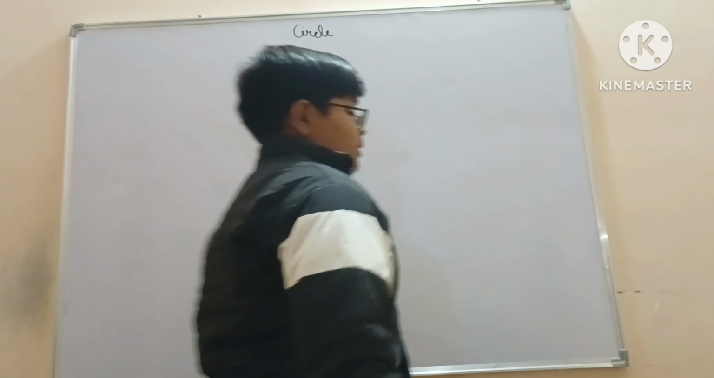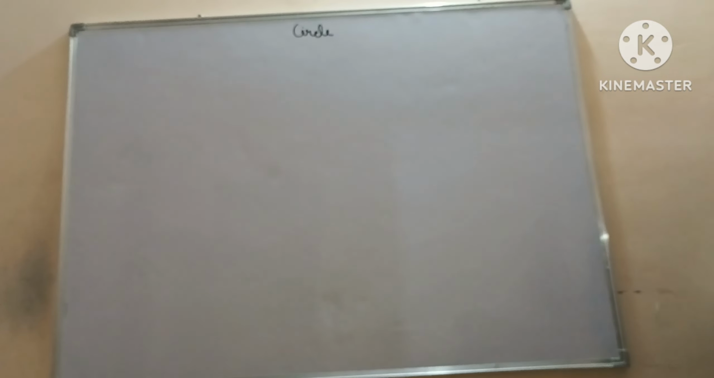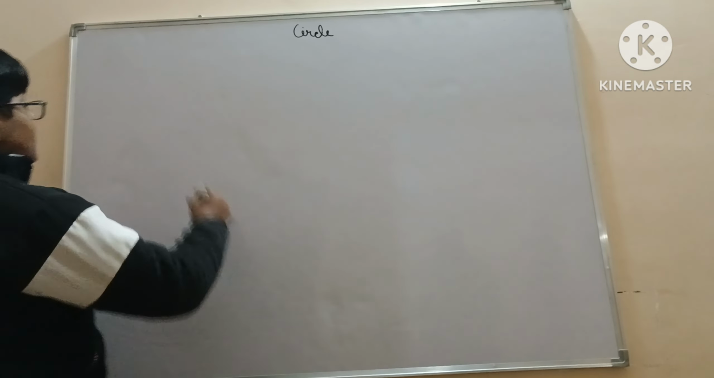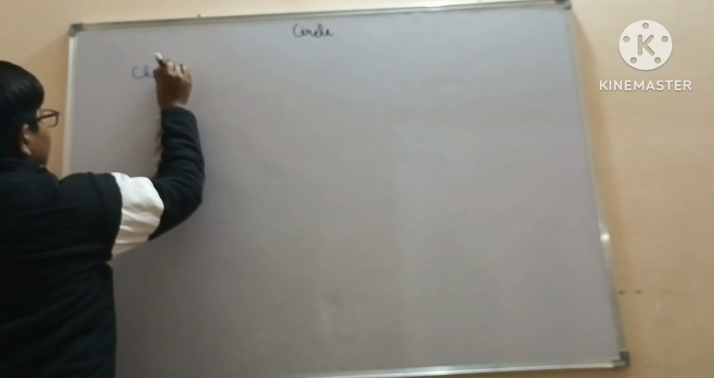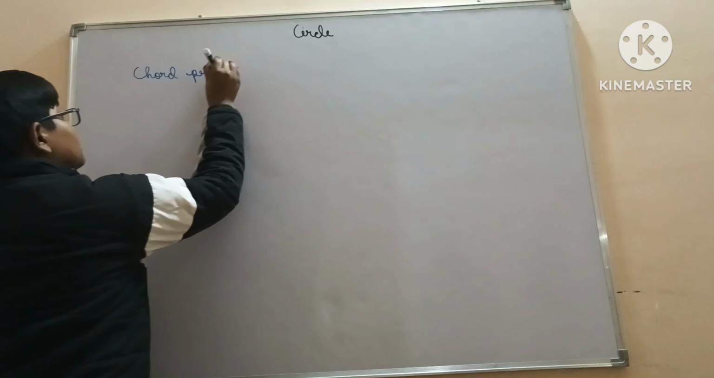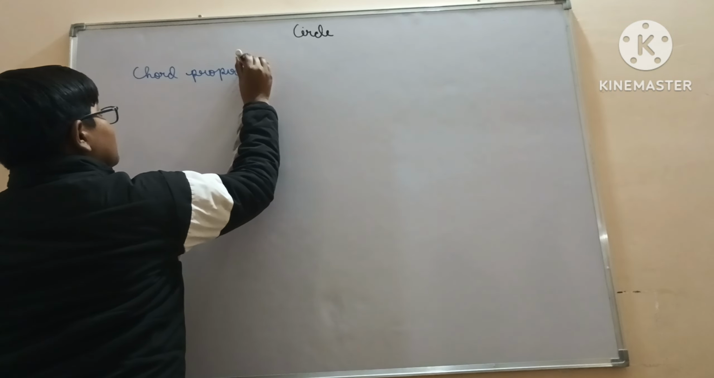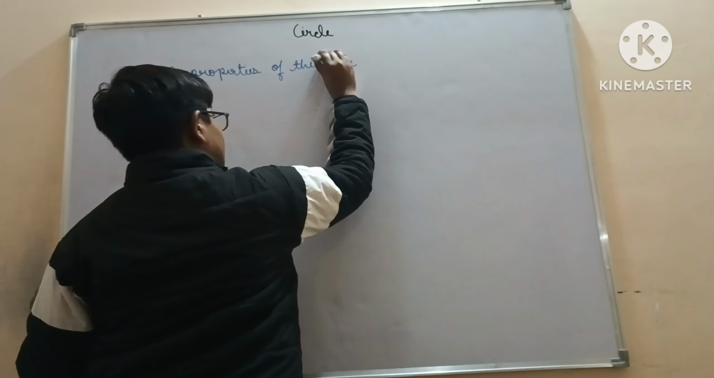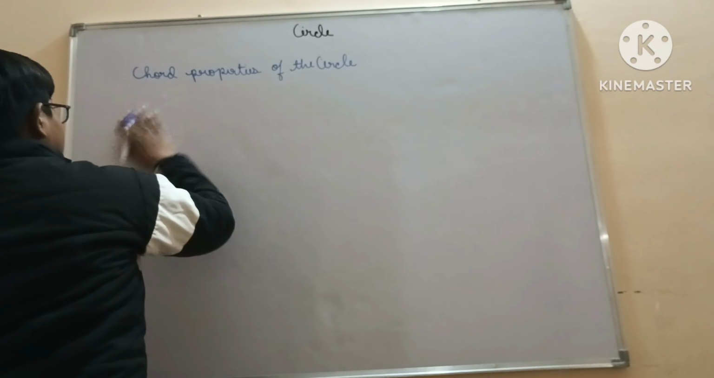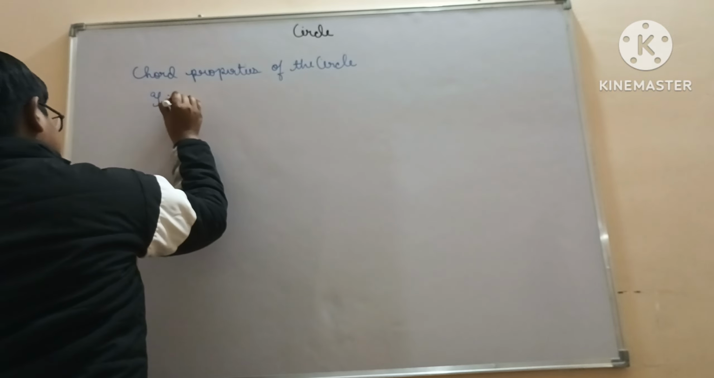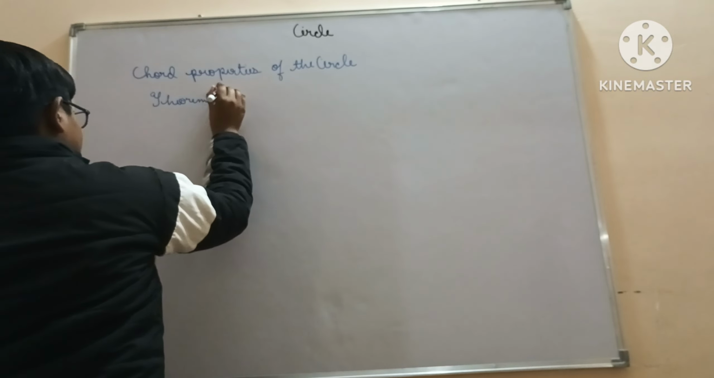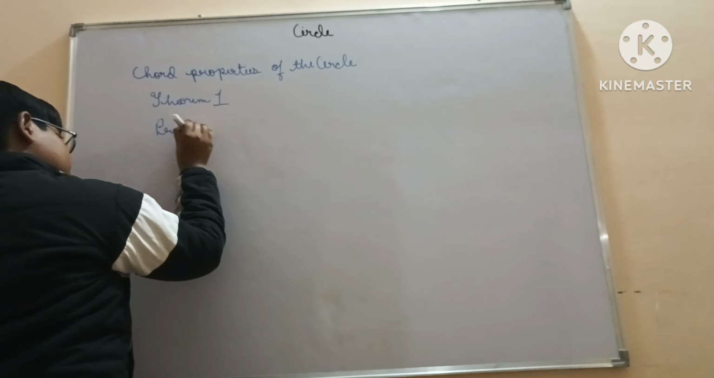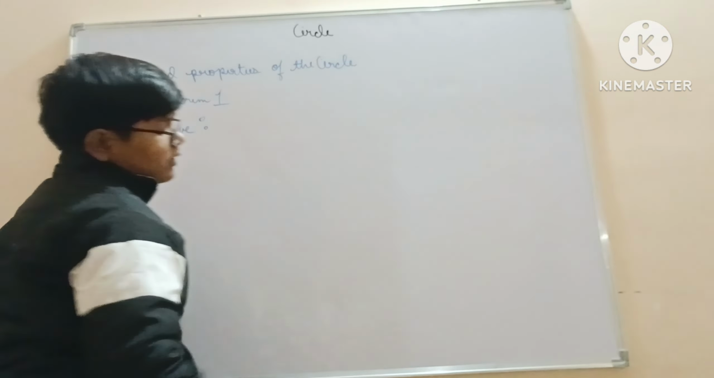Now we will study some theorems of the circle. There are some chord properties of a circle. These properties have 3 to 4 theorems. First we will study theorem 1, in which we have to prove